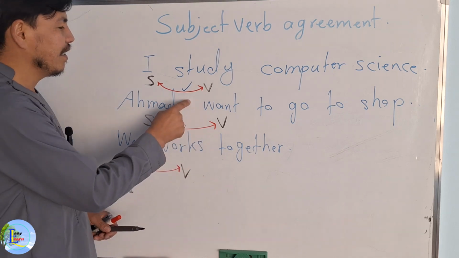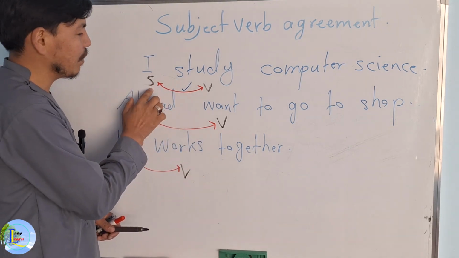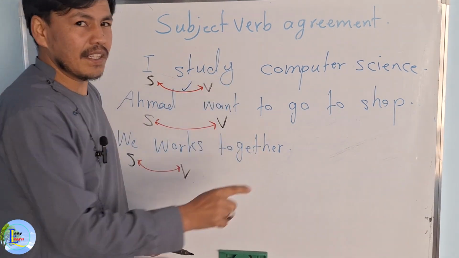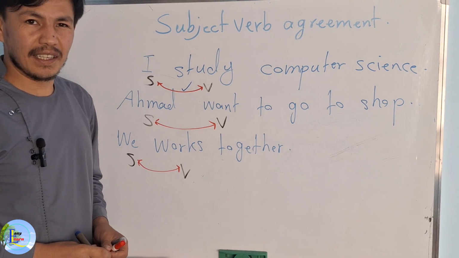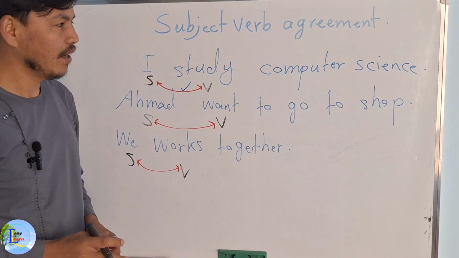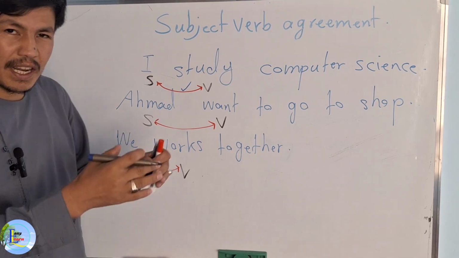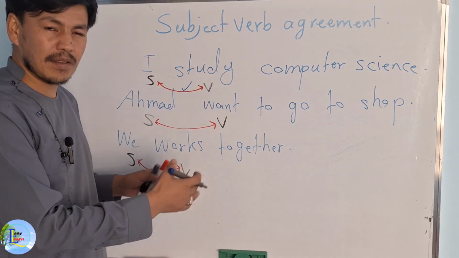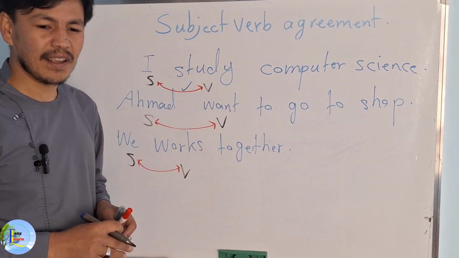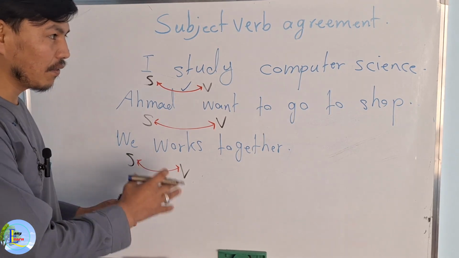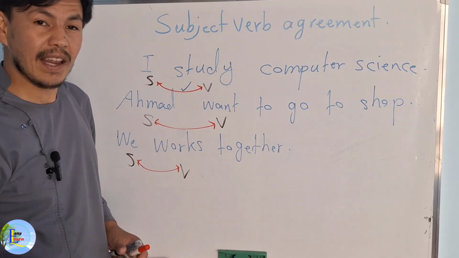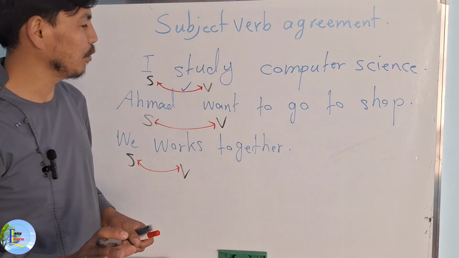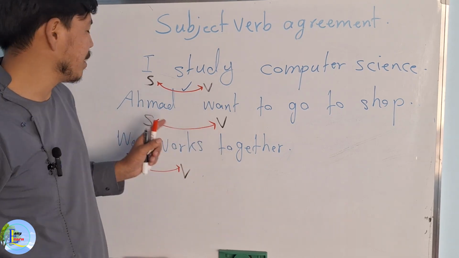But here, it's like that. If the subject and the verb do not agree, the sentence will be incorrect from a grammar point of view. Of course, if you read it, you will understand the meaning. If you hear someone make the mistake, you will understand them. But if you check it from the angle of grammar, we say no, it's not correct. So there will be a war between subject and verb.